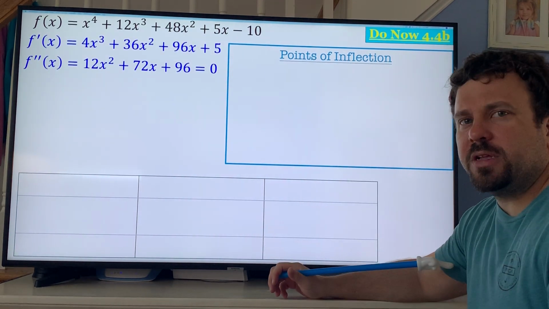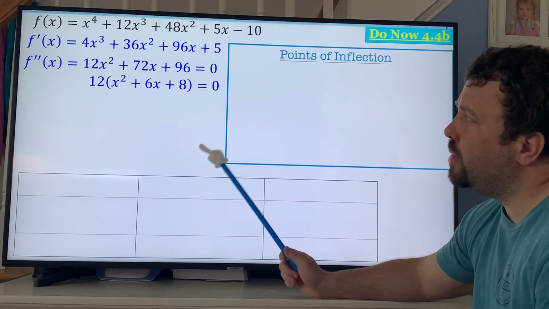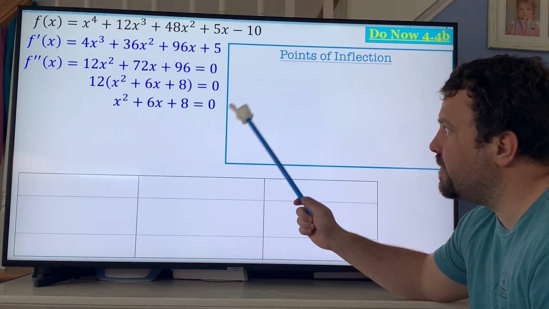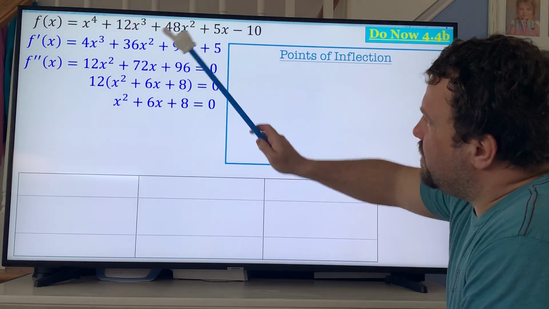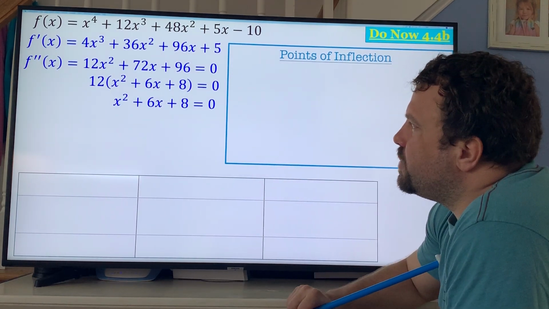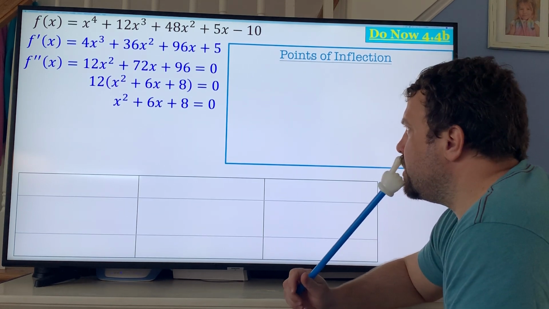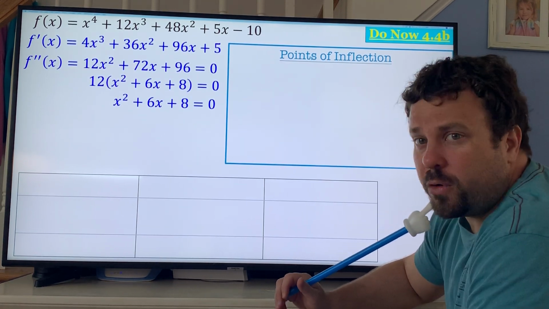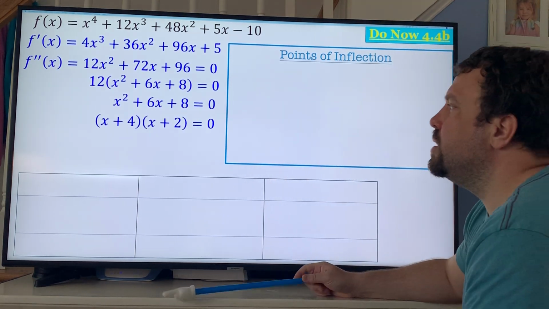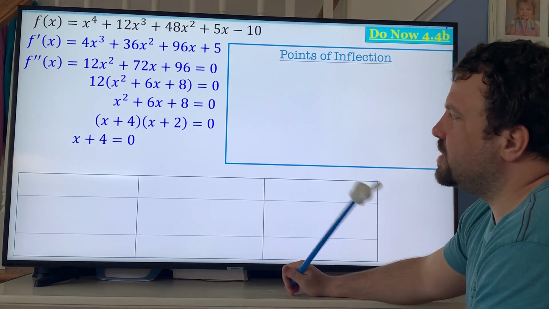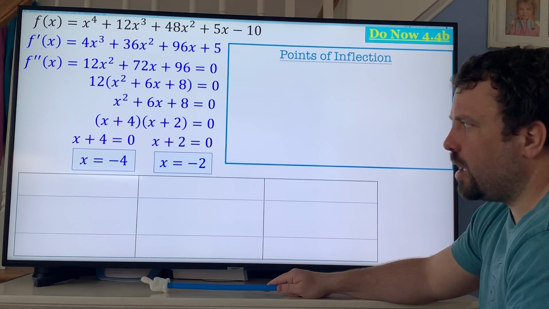What can I take out of the problem? You can divide everything by 12. Pull the 12 out, divide by it. You can just go right from here to here. All right, so anyway, multiples of 8 that add up to 6. 1 and 8, nope, that's 9. 4 and 4, well, that's not a multiple of 8, but you should have said 2 and 4. x plus 2, x plus 4. Set them both equal to 0, you get x equals negative 4, and you should have gotten x equals negative